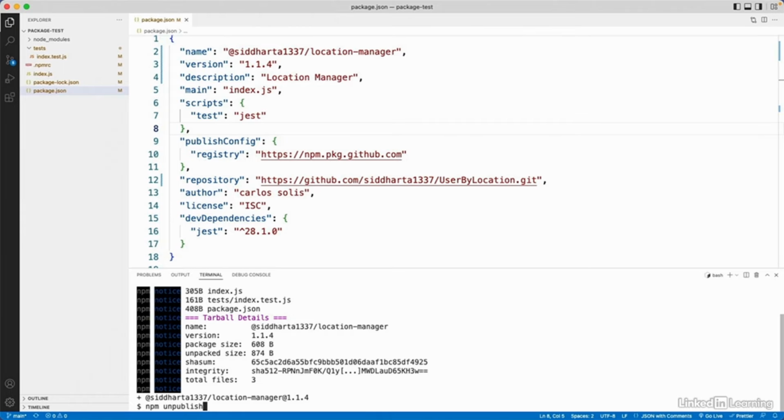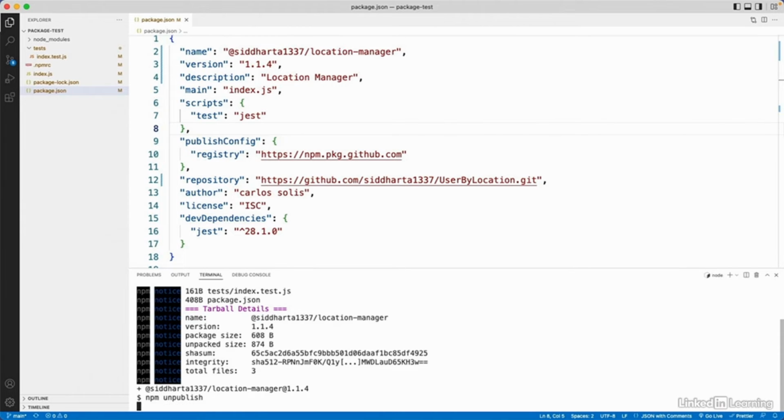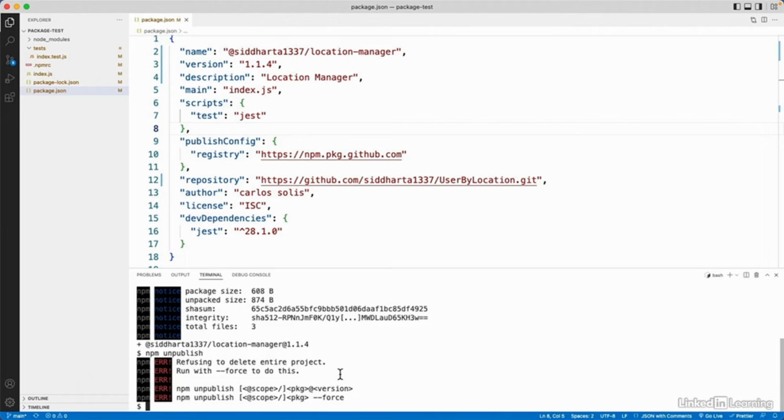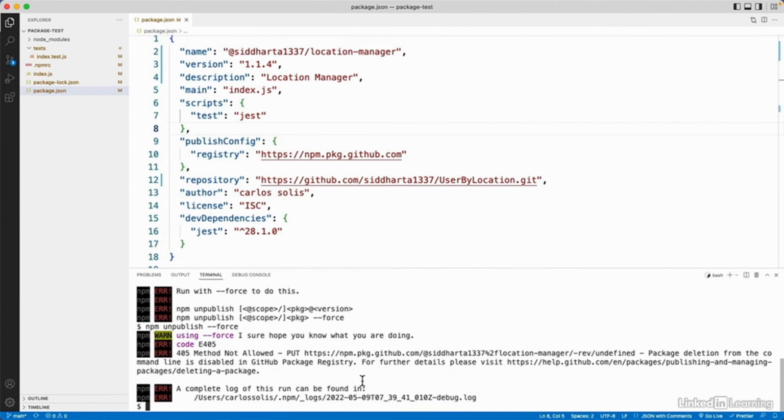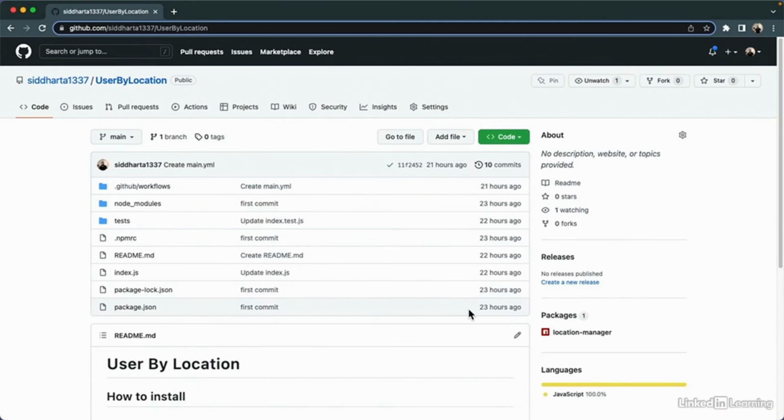But we have a problem if we use a GitHub package. If we press enter, you can see that we need to run the force command, and even if we run it, we're not able to remove packages using the command line. So let's go back to GitHub, and if we go to the packages section, select the package on your repo,